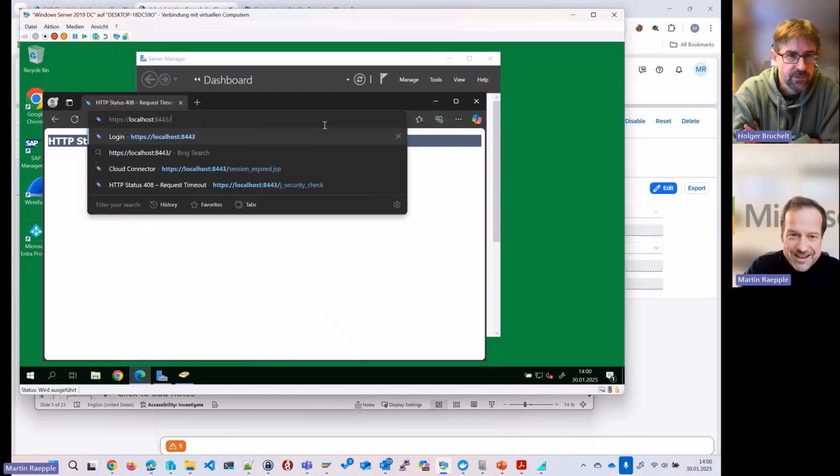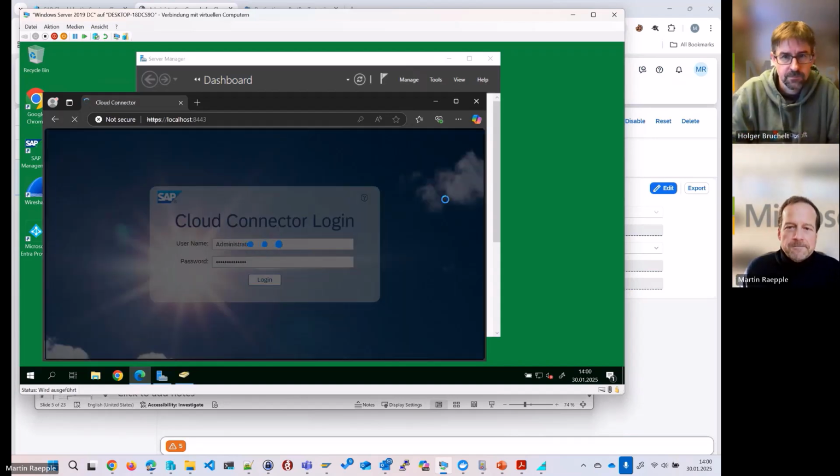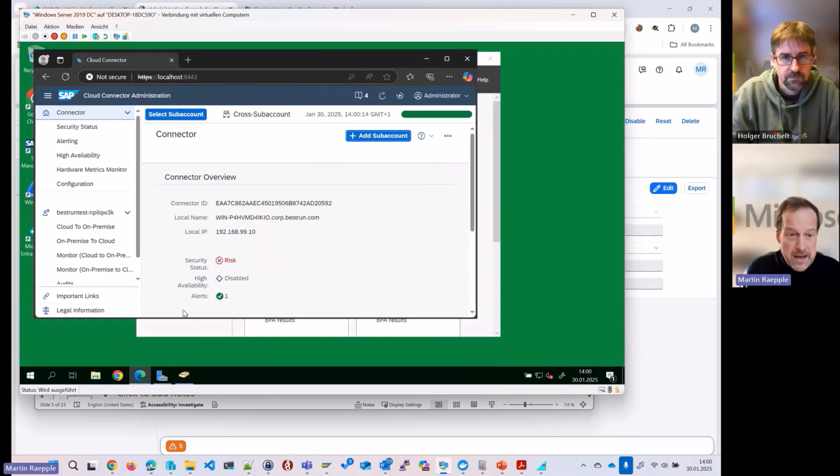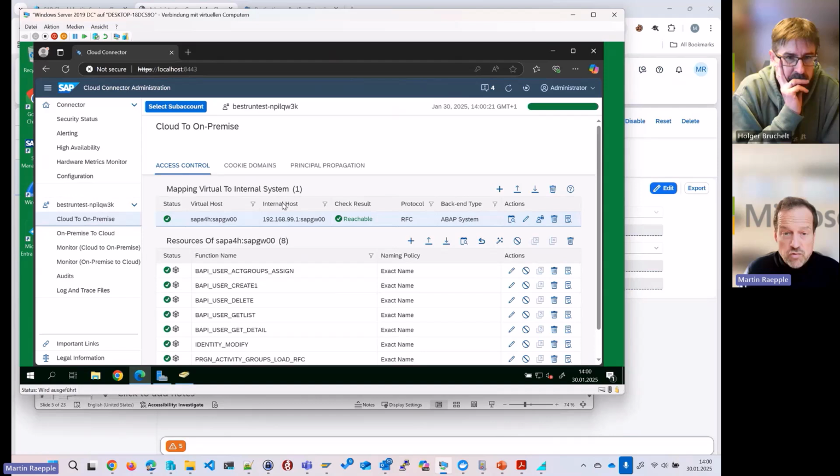Maybe a refresh. Okay, so basically here we have connected to the sub-account, and for that sub-account we have defined the mapping to our SAP backend system.